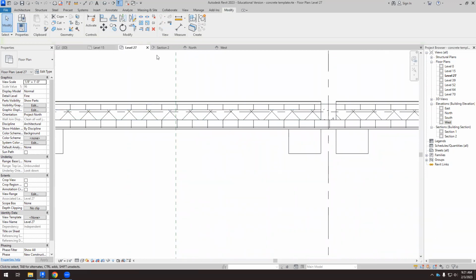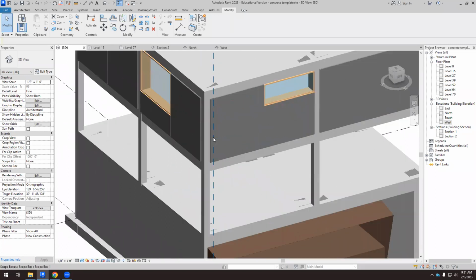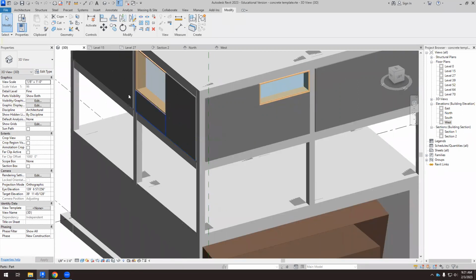And now we have to understand the facade that we are working with. Okay. So it seems that